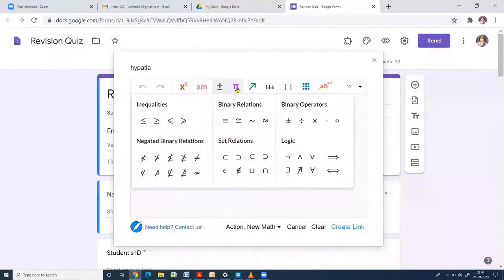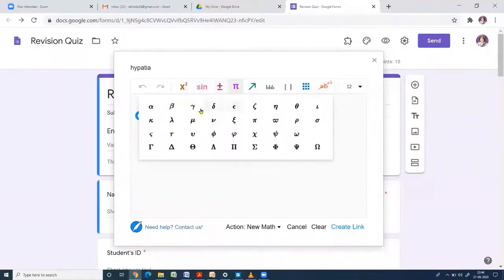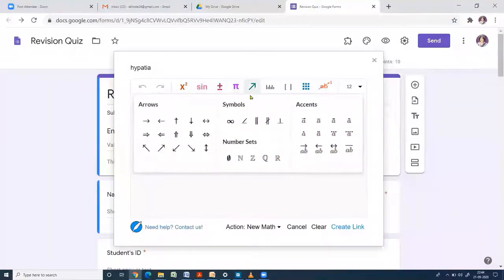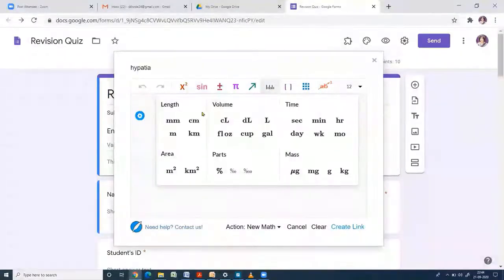If you click on this pi symbol, you can see various Greek notations available here: alpha, beta, gamma, etc. Then click on this arrow, and you can see arrows and other symbols available to use in the mathematical equations. If you click on this, you can see the units for length, volume, time, area, etc.